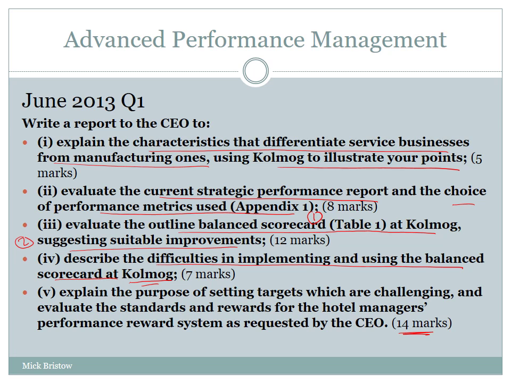you're asked again to carry out a number of tasks. Firstly, explain the purpose of setting targets which are challenging, and then evaluate those standards and rewards for the hotel manager's performance reward system as requested by the CEO. So you're asked to do 2 things. Why do we have to set targets which are challenging? And then evaluate the standards and rewards that are given in the question, but specifically as requested by the CEO. So within the scenario, the CEO will have mentioned something that he wants you to do, and you have to